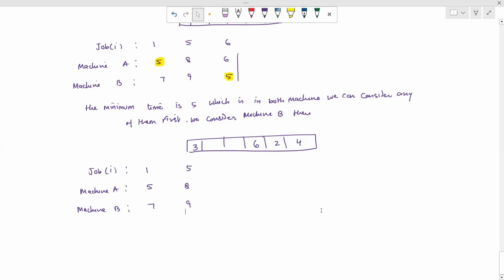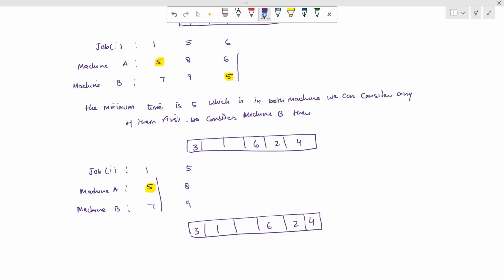When we do the practice, we can do this thing only in the same matrix or same table. So that means here the minimum is 5, which is in machine A. So we write down from first, so we can draw the last train. So this is our last train. 1, 2, 3, 4, 5, 6. Here 6, 2, 4 to 6, and here is 3. The machine A having minimum time, so this is our 1, and the remaining,